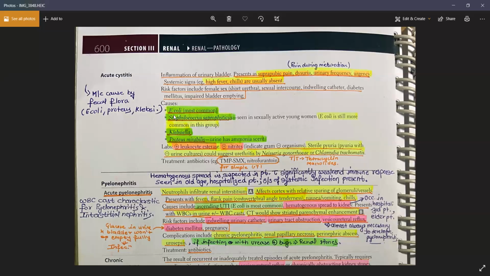Please note, they will ask you where the patient acquires this infection. This infection is acquired by the fecal flora only. I told you one thing when we were discussing gram positive and gram negative UTI: whenever you have nitrite positive, that always indicates a gram negative organism, and whenever you have nitrite negative, that always indicates a gram positive UTI. Remember, that means in case of Staphylococcus and Enterococci, you will always have a nitrite negative organism.